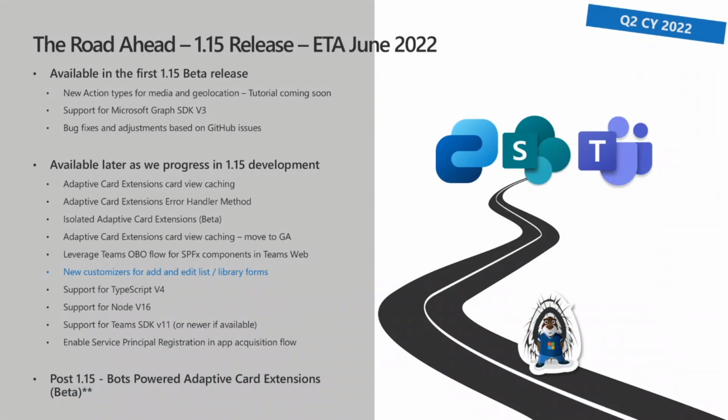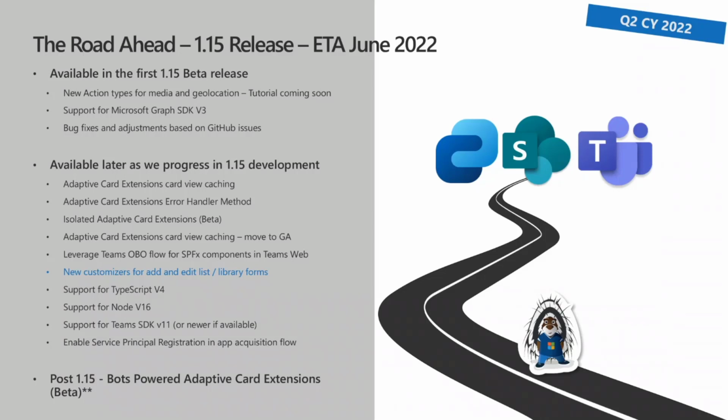Quick update on the roadmap side of the house. So not that many updates in here, but we have the 1.15 beta already out. Current ETA on that one is June 2022, and focus areas will be, of course, on the Viva Connection side of the house, as we're seeing more and more gradual adoption of that, which is natural. It takes always a while for people to start using things until they see the GA release happening.